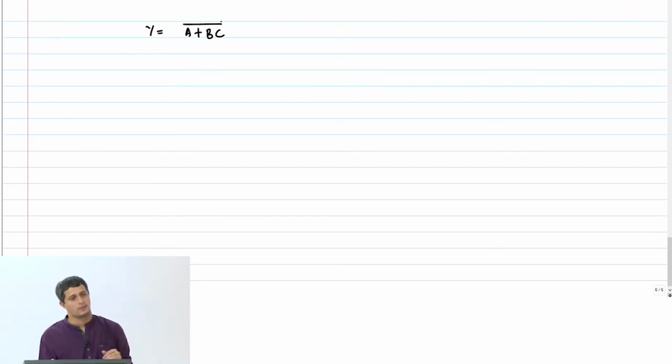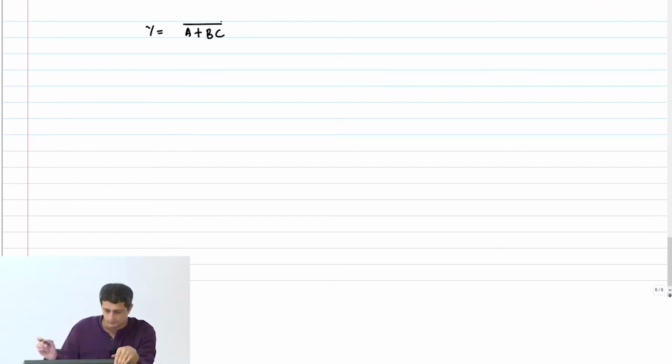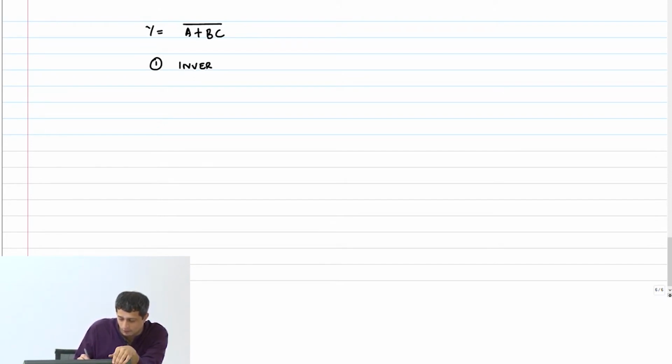You can do exactly what I told you with a simpler thing. Let me take another example. Let's say I want to implement (A + BC) whole bar. So first step, invert the function. Invert Y implies Y bar is A + BC. Okay. Step 2, implement the